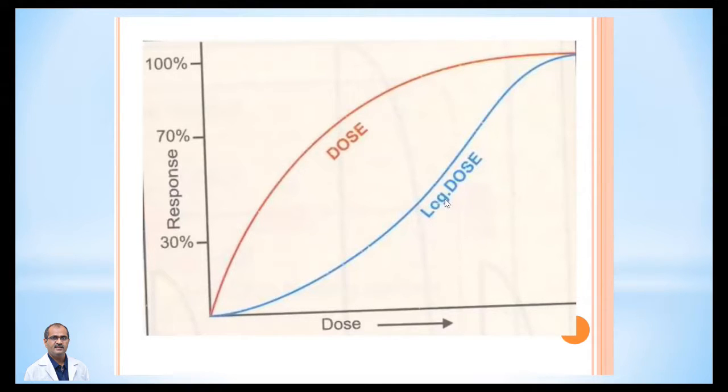Hence, the log dose is taken. To make the interpretation more correct, the dose is taken in logs. Whenever you take the log, the values come in smaller and smaller, so that the slope of this log dose is little bit straight, and the 70% response, etc. can be plotted with a little more accuracy. That's why usually the log dose is taken.